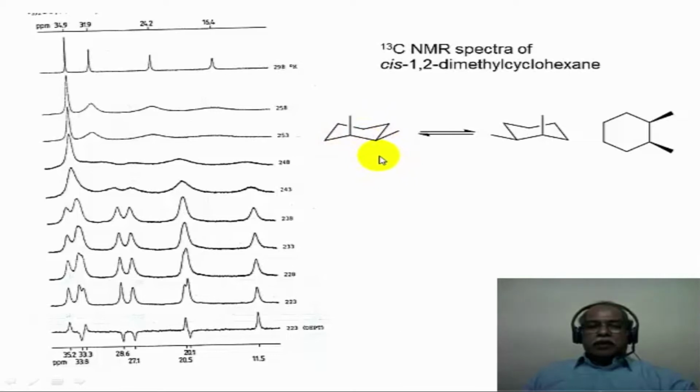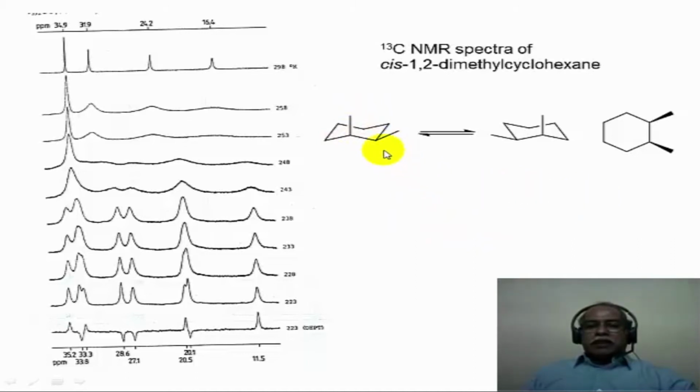Now, this particular molecule is a chiral molecule, and it doesn't have any symmetry elements present here. Therefore, if this molecule were to exist in this particular form, then all the carbons should be distinguished chemical shift wise, and there should be 6 ring carbons and 2 methyl carbons which are also chemically distinct. One is axial and the other one is equatorial. So one would see 8 signals in the carbon-13 NMR spectrum of such a molecule.